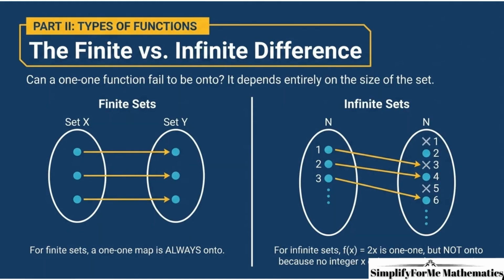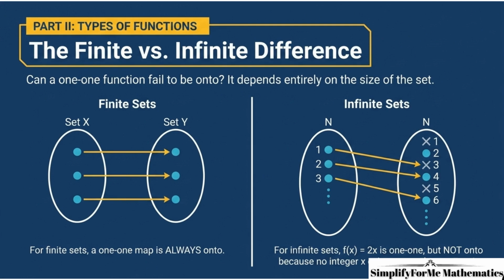Here's an interesting concept. Does one-one always mean onto? The answer depends on whether the set is finite or infinite. For finite sets, if a function is 1-1, it will always be onto. Why? Because the number of elements in domain and codomain is fixed. But for infinite sets, this is not